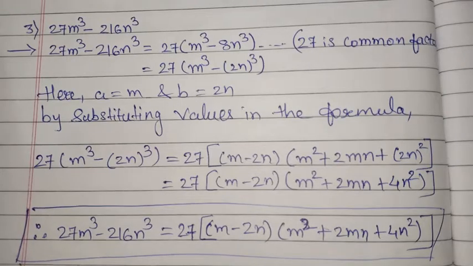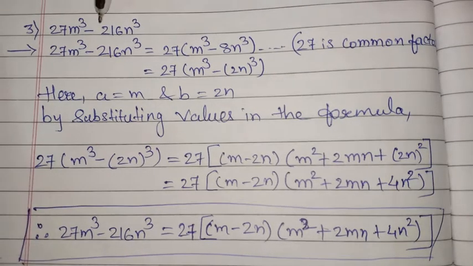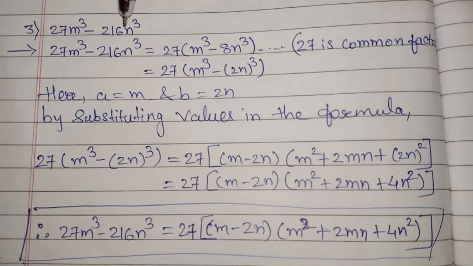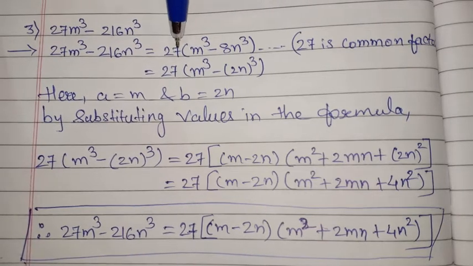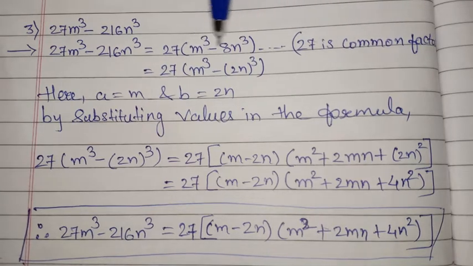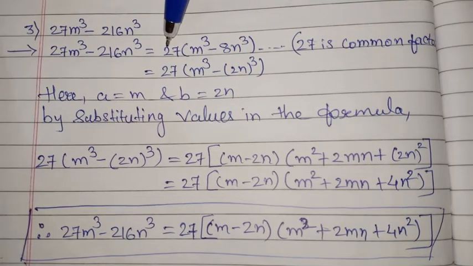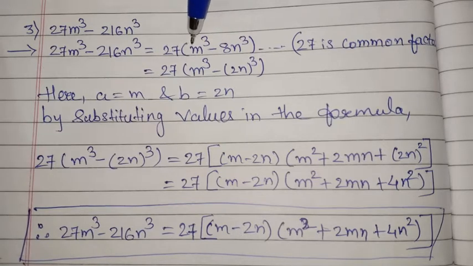Now third question, 27m cube minus 216n cube. See children, now this is not whole cube. So from this we can write 27 common. So next step will write 27m cube minus 216n cube is equal to 27. 27 is common factor from both the terms. So it is written out of the bracket. So what is left in bracket? m cube minus 8n cube,